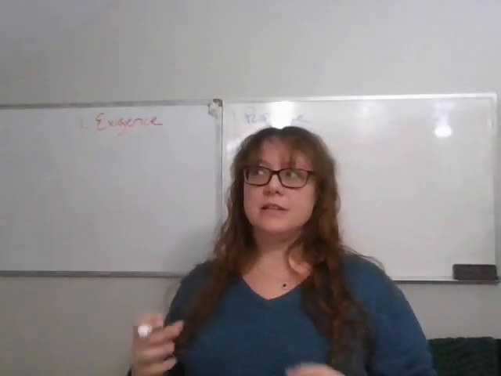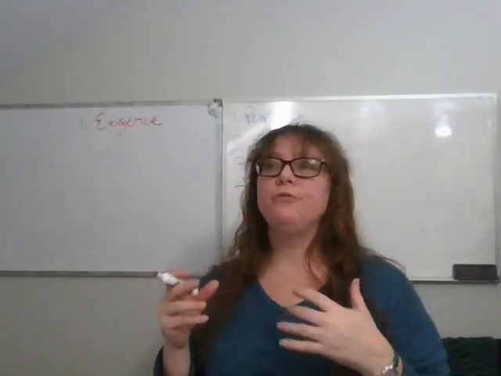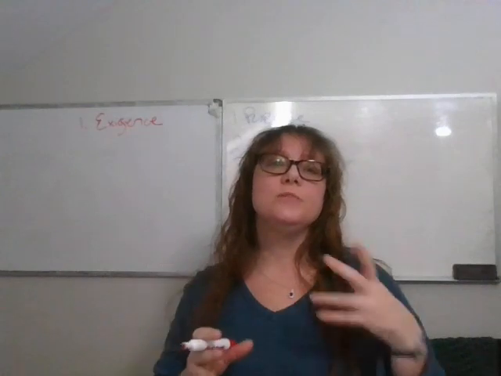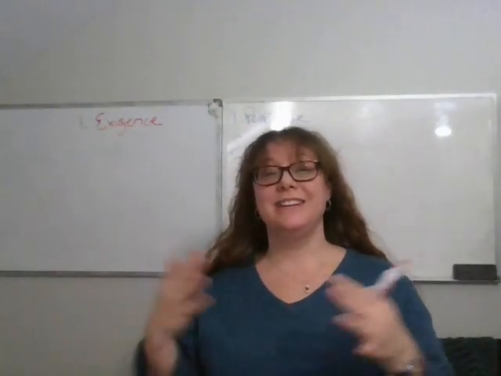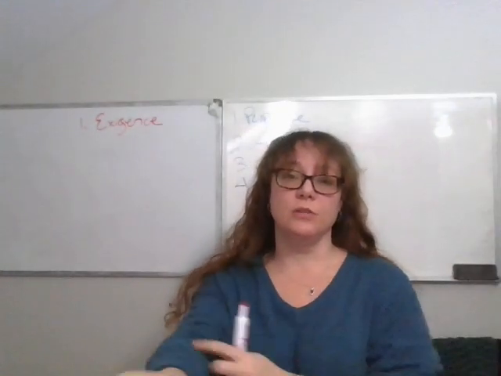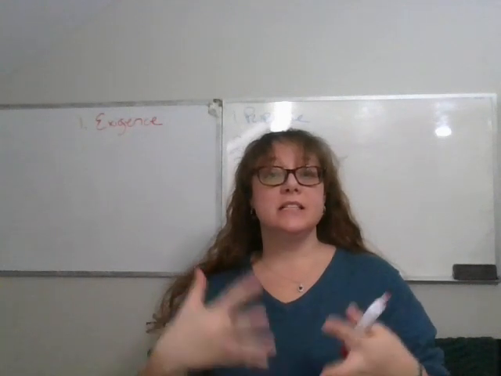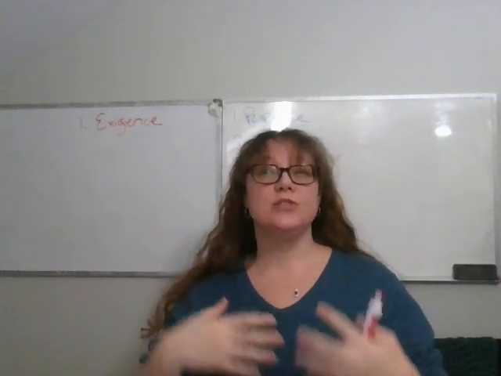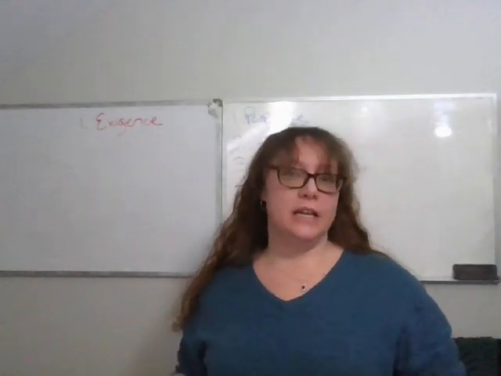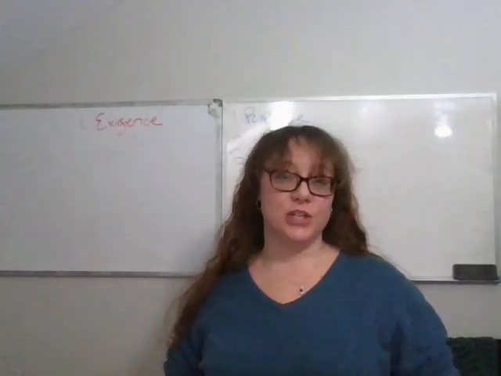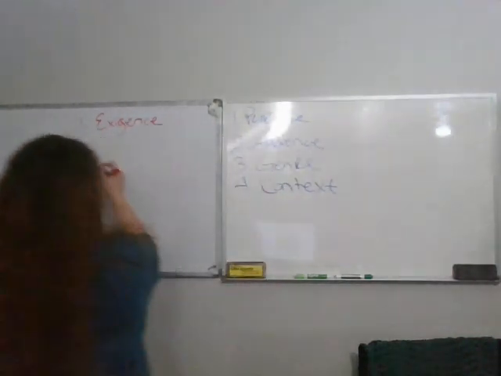Another way, if you can't pinpoint the problem in a sentence, is to look for words that indicate some sort of urgency. This is actually called kairos in rhetorical terms. So what we're looking for is the timeliness, that this is a problem, it's urgent, it needs to be fixed and addressed now. Try to find words that would indicate that, and you'll be able to find the exigence of a text. Now, second is purpose,